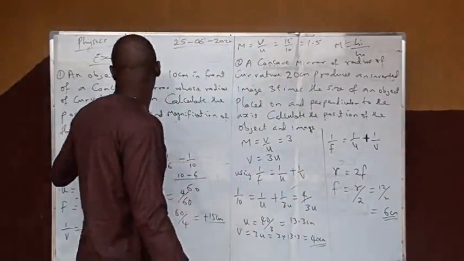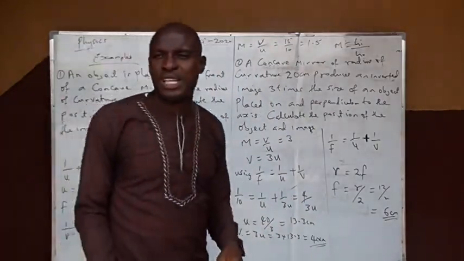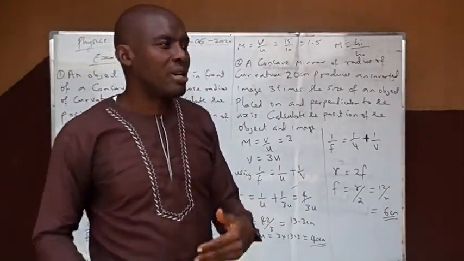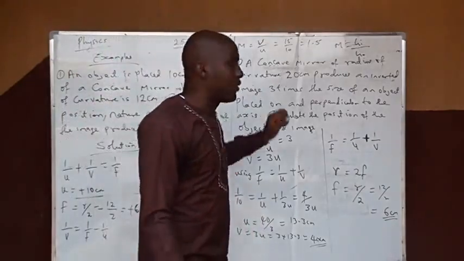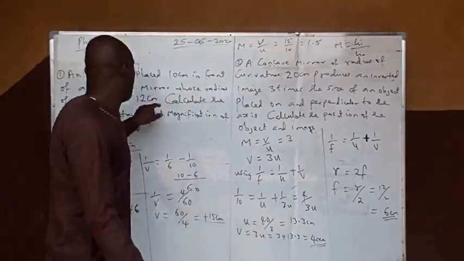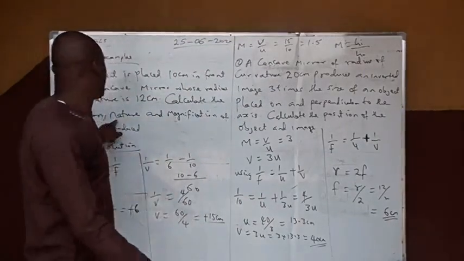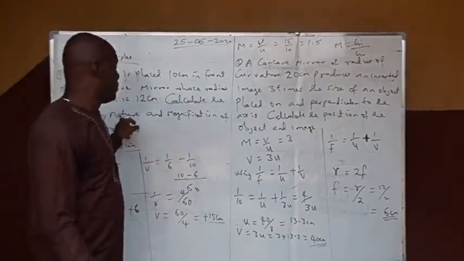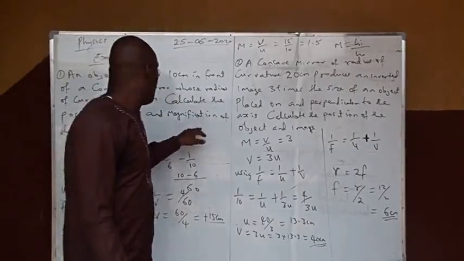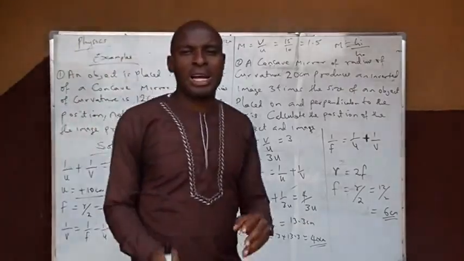And finally, we talk about the nature. For the nature of the image, we can say that the image is real. So from the equation given, the first thing is the position of the image, 15 centimeter from the mirror. Nature of the image, real. And finally, the image is magnified. So you can see.